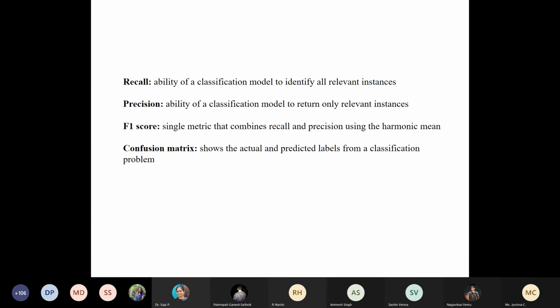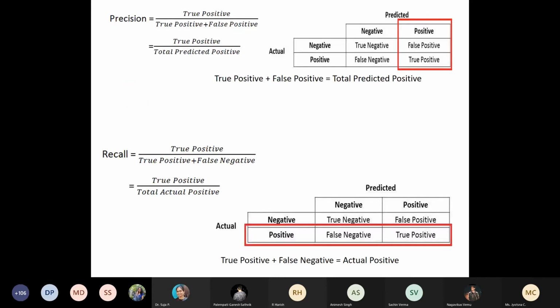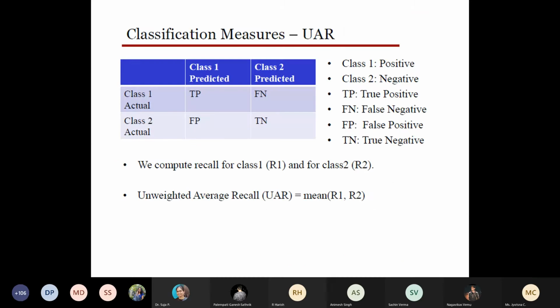So I think I can skip the rest of the explanation. Okay, so I think maybe we can do one problem. Then you will understand clearly. So maybe you can take down this one. You just write it in your notebook. All of you can write it.